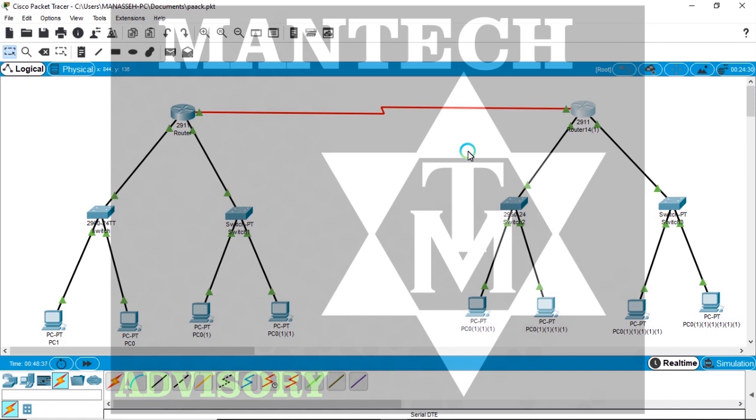I need to configure a routing protocol on each router. That means I need to populate the route information table with the networks of all interfaces